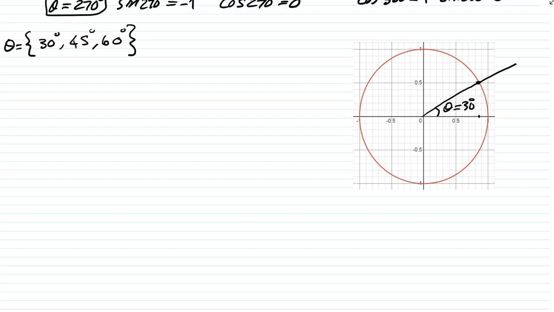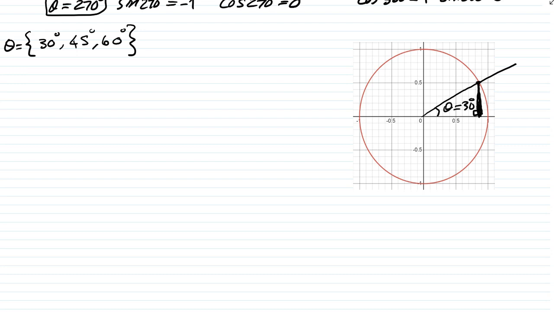Now I need to find the coordinates of this point that corresponds to the angle theta 30 degrees. Because this is a triangle, I can form a triangle here, and then I can use the knowledge of